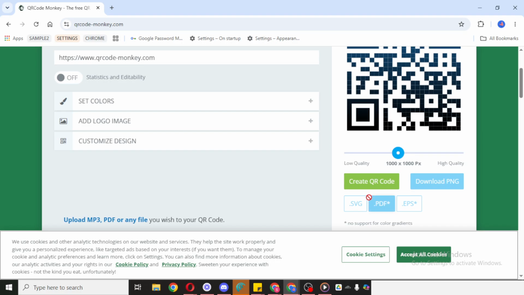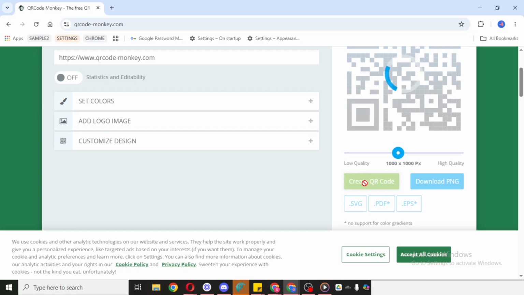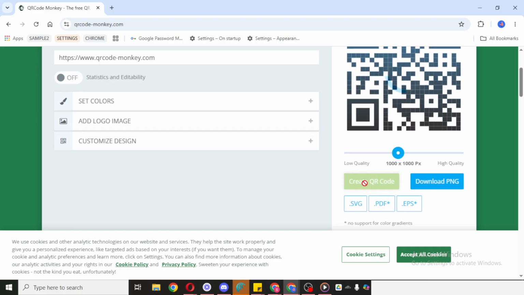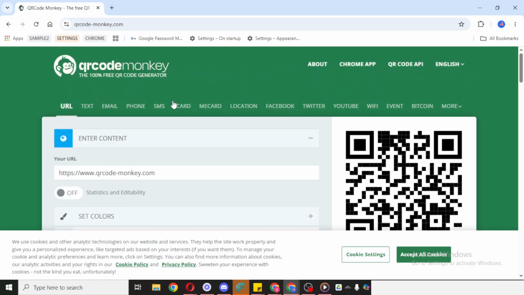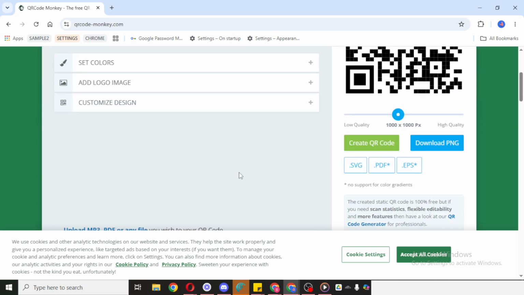After you're on the website, find the option that says Create QR Code and click it. This is the step where the website begins generating your code based on the link you provide. In the field provided, enter the link for your GoDaddy domain. Be careful to paste or type the full and correct domain address, because even a small typo can cause the QR code to lead to the wrong destination or not work at all.